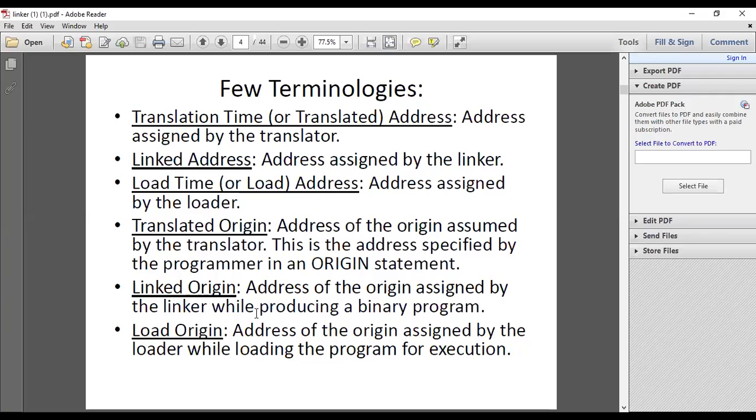We have seen in the assembler, if the instruction is START 500, then 500 will be the translated origin. Similarly, linked origin is the origin provided by the linker, and load origin is the address or origin provided by the loader when it is loading the program for execution.